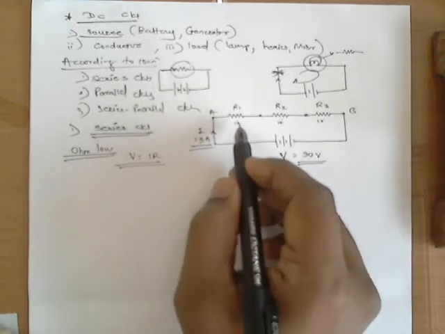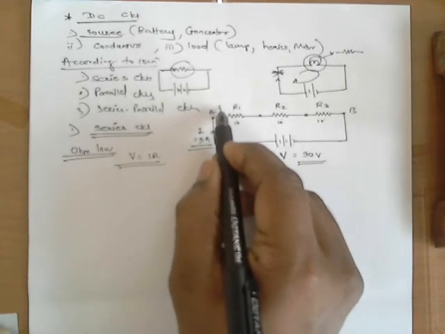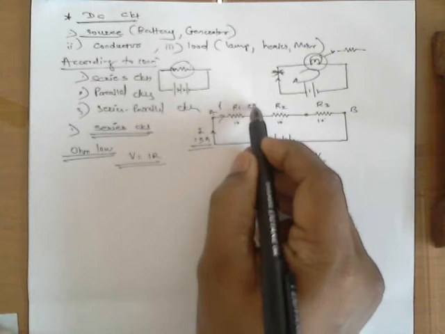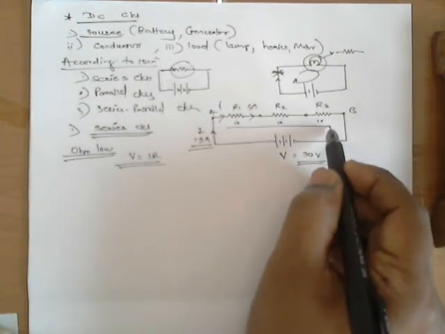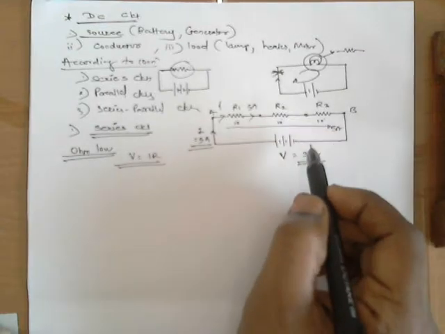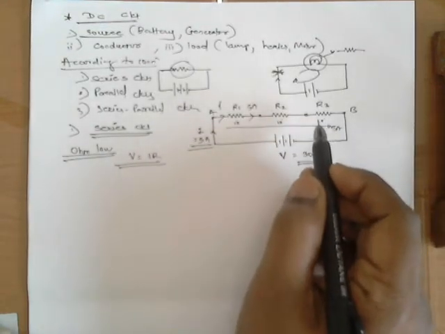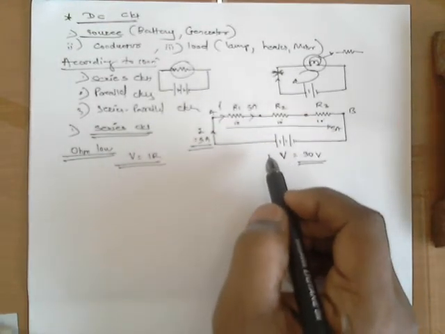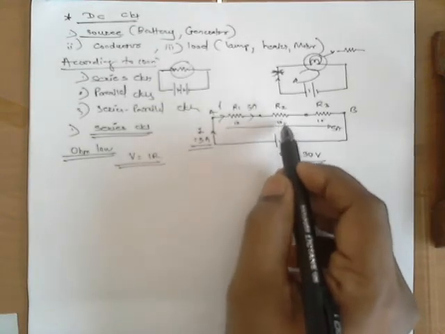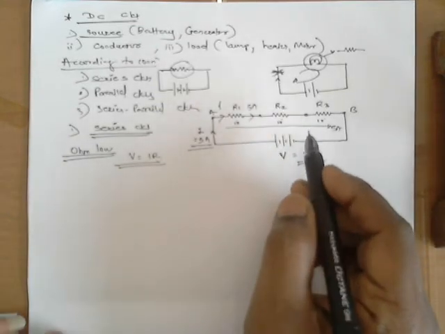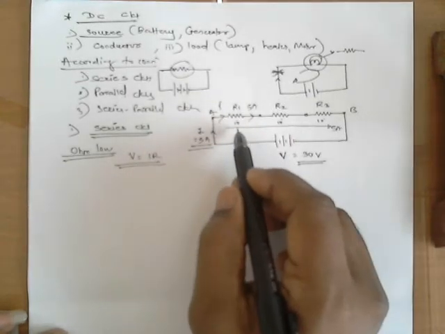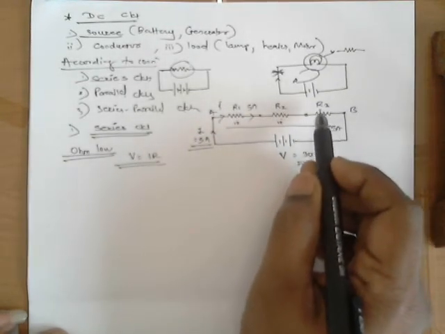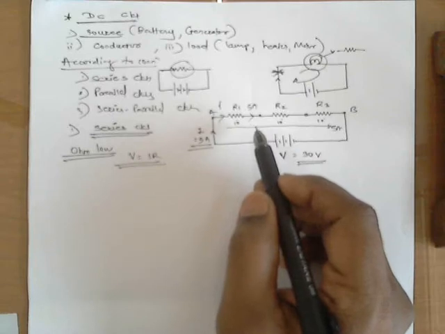So 5 ampere current is going; when it enters it is 5, when it leaves it is 5 only. Okay, current never gets dropped. So in series, current remains the same, 5 ampere, but voltage gets dropped. So 30 volt gets distributed as 10, 10 and 10. Okay, means not necessarily 10, just for example. If resistances are of different values, the drop will also be of different values.